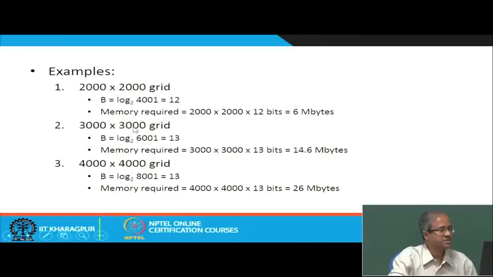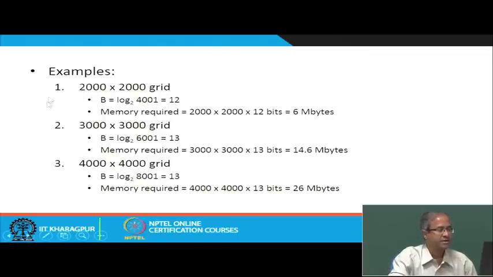Move to 3000 by 3000 grid, your B becomes 3000 plus 3000 plus 1, log of that is 13, because 2 to the power 13 is 8192. So, the memory required will be 3000 by 3000 into 13, which comes to 14.6 megabytes. Go to 4000 by 4000 grid, B will be 13, memory required will be 26 megabytes. So, you see that even for cells of these very nominal sizes, the memory requirement is of the order